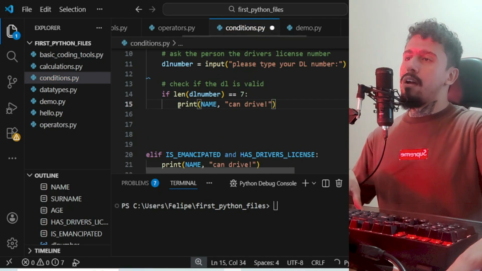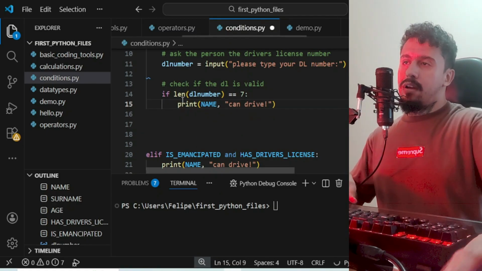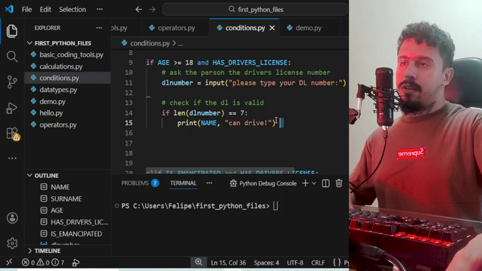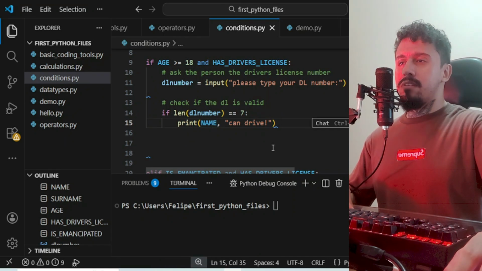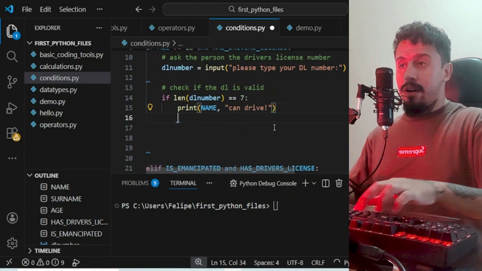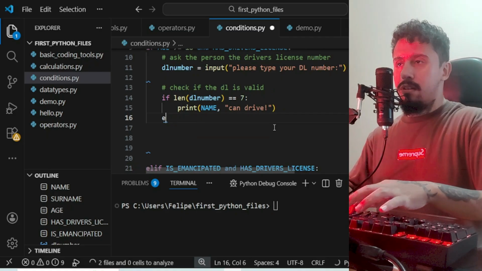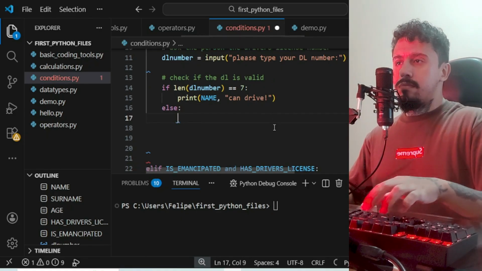All right, so name can drive. Else print